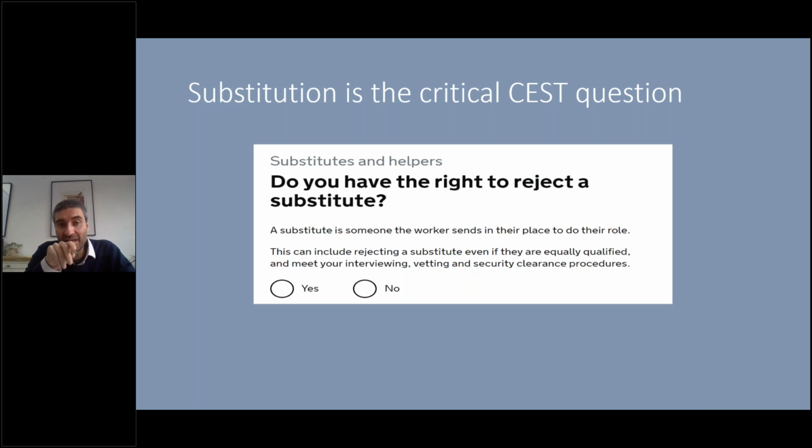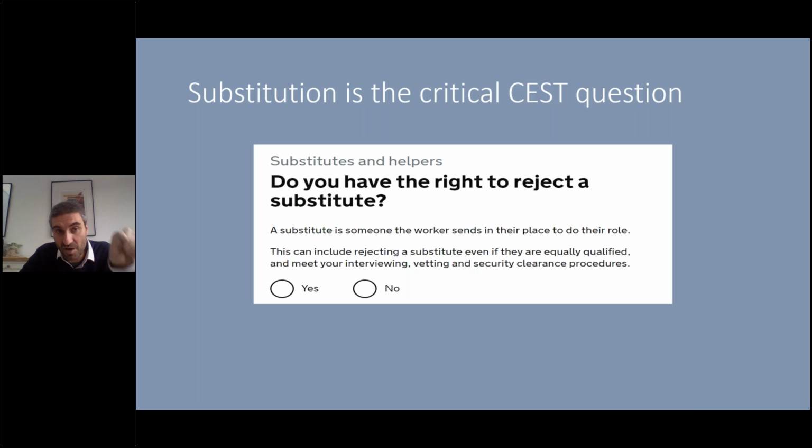And I think that if the client says, yes, I have the right to reject a substitute, then it is very unlikely that, despite whatever you put in the subsequent questions or the ones before it, it's going to come out and say IR35 does not apply. In fact, I've never managed to get it to happen. I have managed to get it to say it can't tell. So I've answered this one, I've said client has a right to reject a substitute, and I've answered every other question in the best way I possibly can, knowing what I know about IR35, to try and get that person outside IR35 at the end of it. And I haven't managed it. And that's not the way the IR35 rules work. There is far too much weight put on this question.